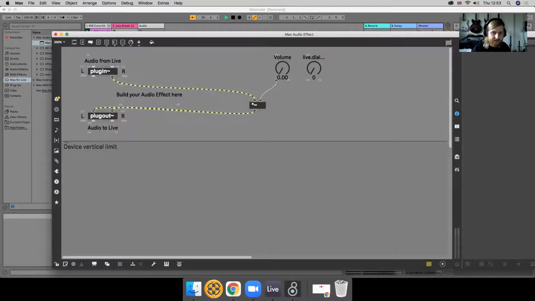If I move this dial up and down, you obviously hear a pulsating change in level. But if you do it really fast, like 10 times a second, 20 times a second, maybe 100 times a second, we're getting into this territory where the change in level becomes so rapid that it introduces different artifacts to that sound. And we might use them to our advantage as a way of manipulating sound and creating new textures